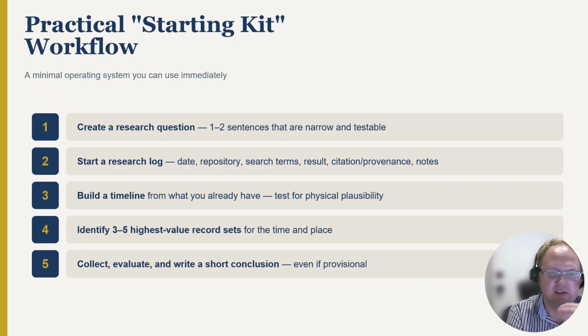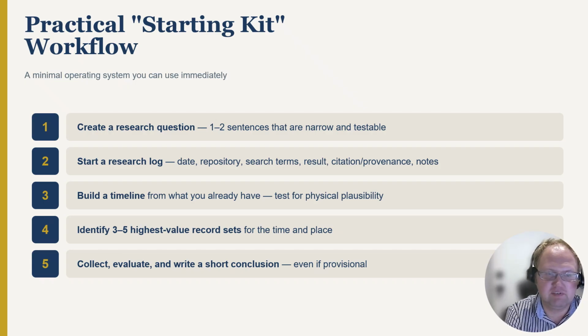Step 4, identify three to five high-value record sets for the time and place. You don't need to research everything at once. Focus your research on records that are most likely to answer your question. Usually it's also helpful to ask somebody with research experience, like a professional, to help you plan. Step 5, collect, evaluate, and write a conclusion, even if it's provisional,